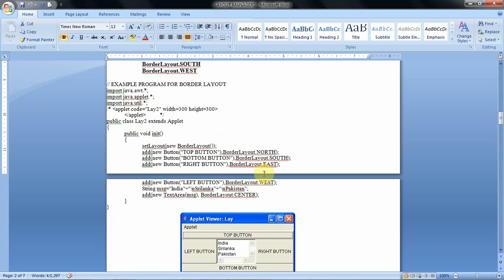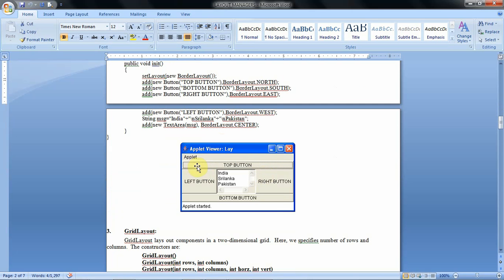Horizontal and vertical gap is nothing but, suppose these are the components we have: left button, center button, and then right button. How much gap is placed between the left button and the center button, that we can mention as the vertical gap.